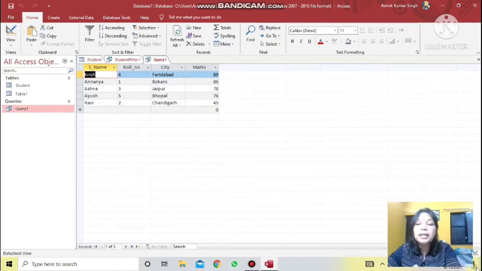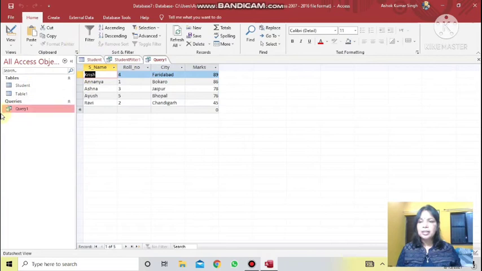So this way the tables are related to each other, so that data can be fetched from two to three tables in one click. It's not that I can see only the data of one table. If you have related those tables on the basis of referential integrity, you can fetch data from more than one table in one click. How this relationship can be set, let me show you.